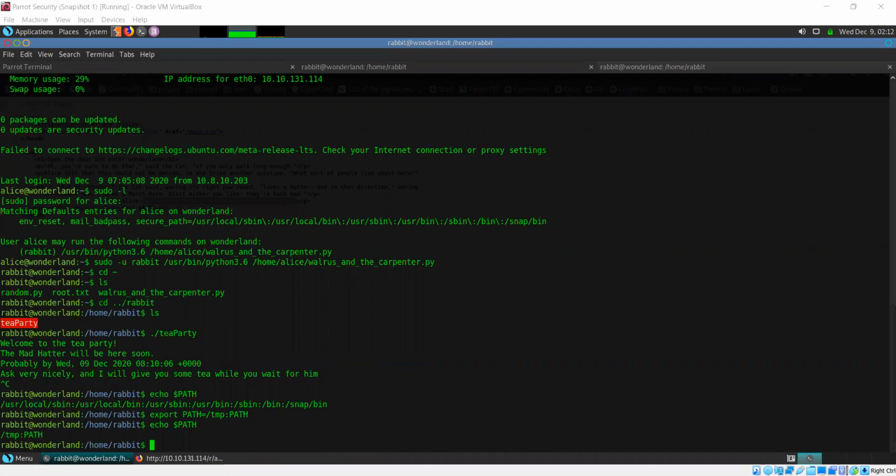Yeah, I forgot to mention this dollar sign. So what I'll do is just have the value of the PATH variable. I'll just say export PATH equals,